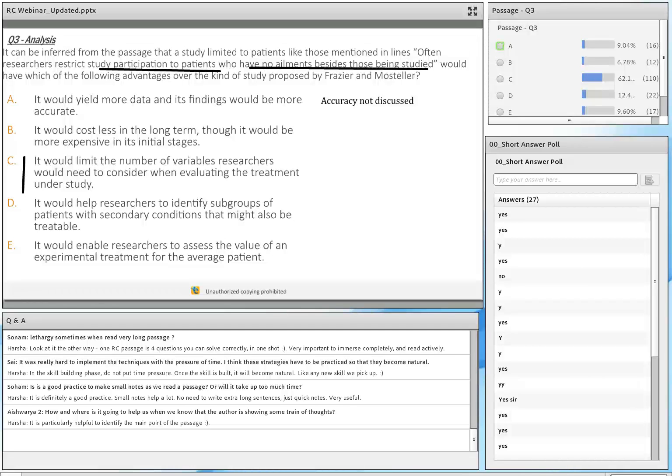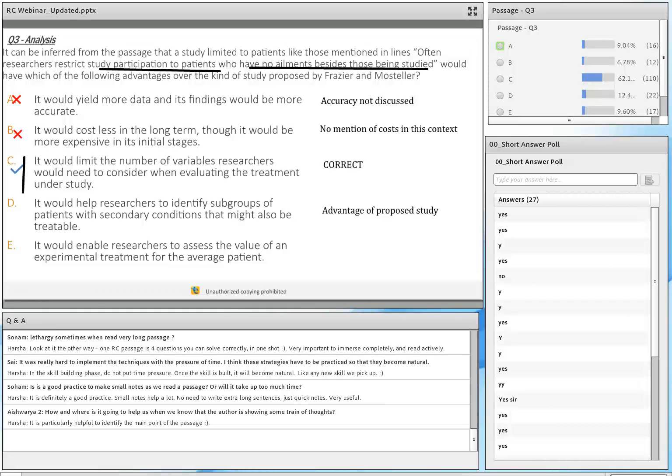All right. So I'm going to look at all the other options. It'll yield more data and its findings would be more accurate. Accuracy, we don't care. It's not discussed. We're not saying either way is going to be more accurate. If you infer information from the passage, accuracy is not discussed. Overall cost in the longer term is actually not discussed in this context. Limiting the number of variables is what we have inferred, which is the correct answer. Choice D is actually just the opposite. It's the advantage of the proposed study, which is where I was going, and my apologies for that. And I want to thank Abhinav